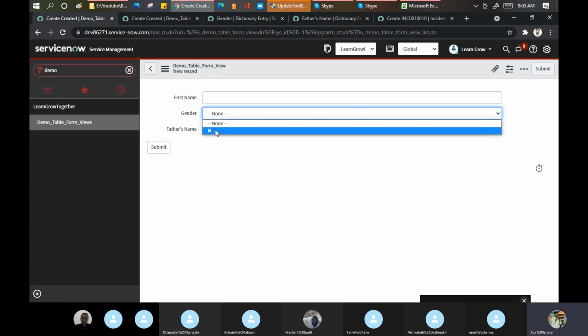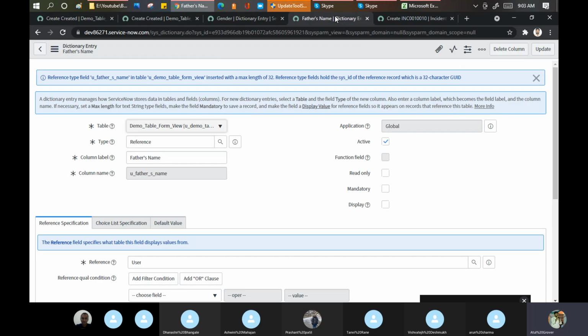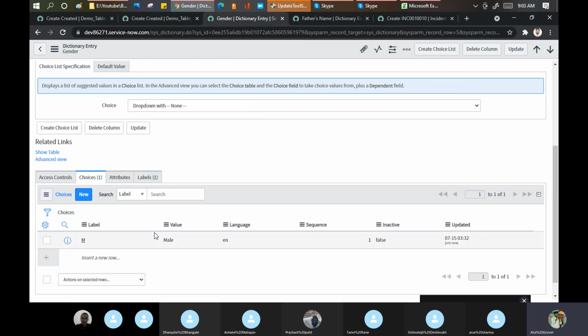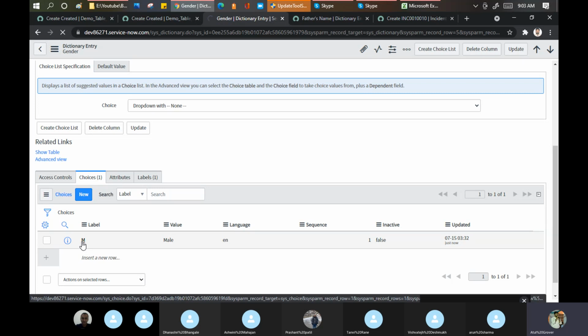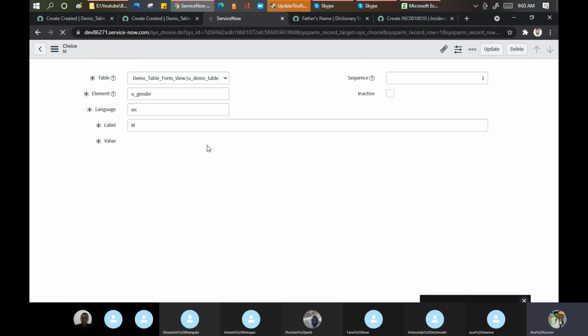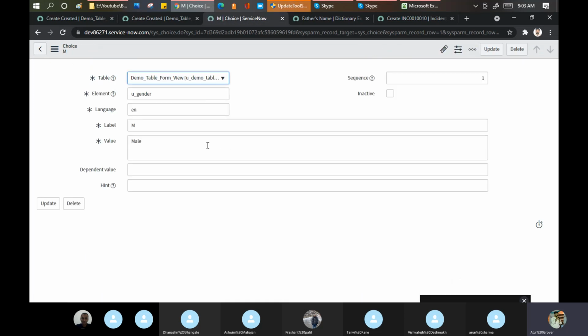This one. Okay, so whenever we use this in our coding, always remember to try to keep the label and the value the same, equal. When I say equal, I mean you should put a similar value, because when you do scripting, I want to show the records where the gender is male. And we generally forget whether we put male in the label or in the value. So better use this thing.